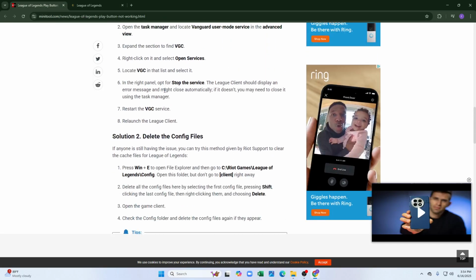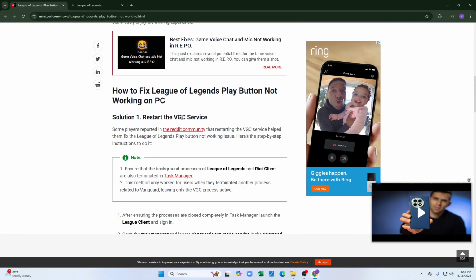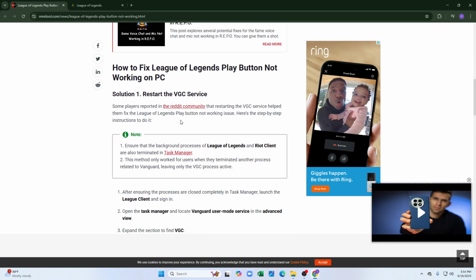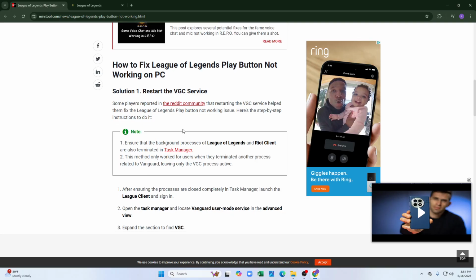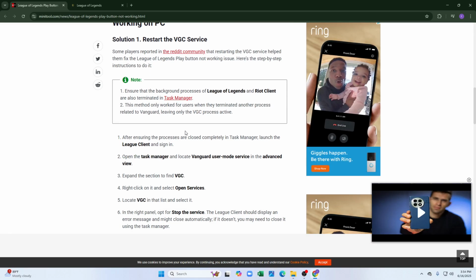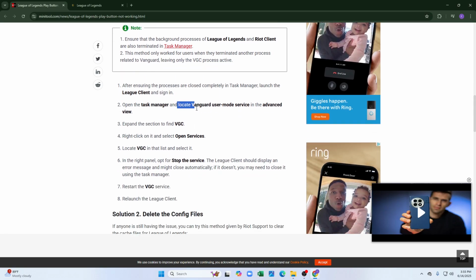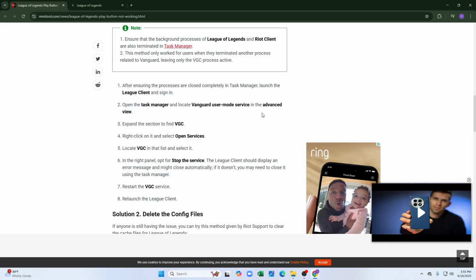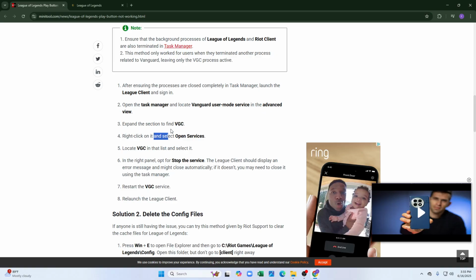If the League of Legends play button is not working on PC, you can try restarting the VGC service. After ensuring the processes are closed completely in Task Manager, launch the League client and sign in. Open the Task Manager and locate Vanguard user mode service in the advanced view and expand the section to